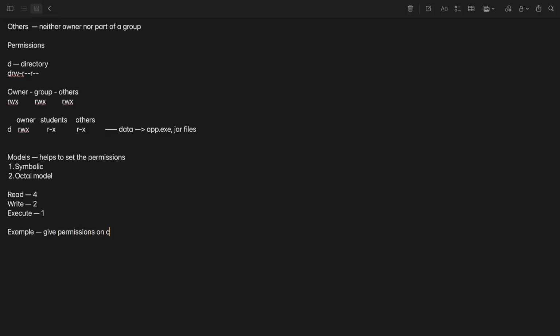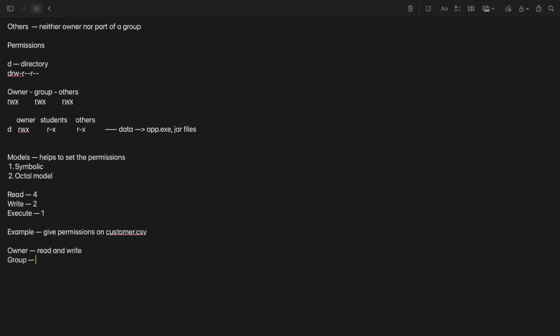Let's suppose there is a customer.csv file and you have to give permission on this file. For owner, you have to give read and write, and for group